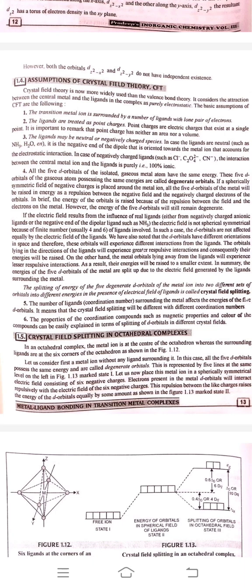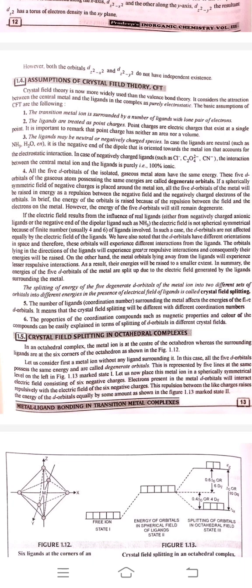All the 5 d orbitals of an isolated gaseous metal atom have the same energy. These 5 d orbitals of the gaseous atom possessing the same energy are called degenerate orbitals. If a spherically symmetrical field of negative charge is placed around the metal ion, all the 5 d orbitals of